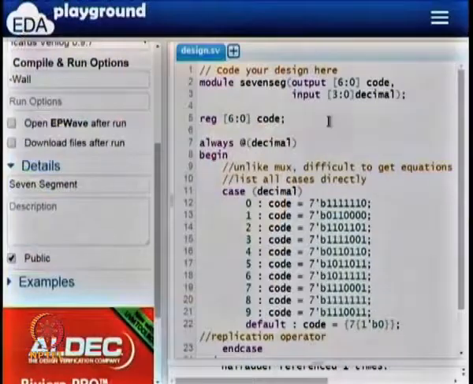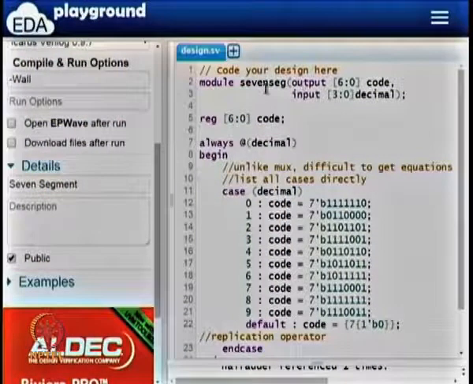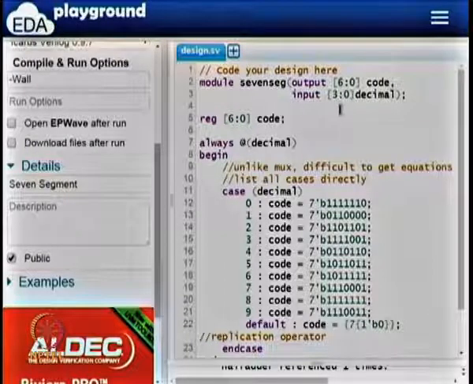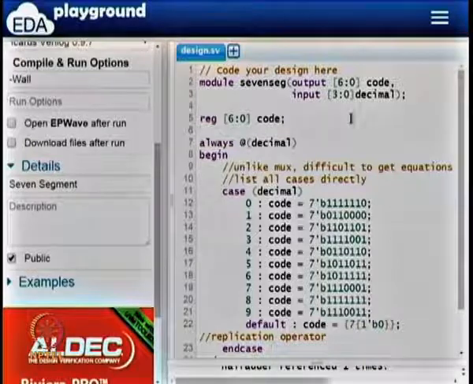So let us start with this. I have already put in the code here for all the Verilog code that I am going to discuss today. I have already typed it in. So let us see this. I am designing a 7 segment decoder. In the 7 segment decoder there is an output for the 7 segments, and it is supposed to take decimal 3 to 0.